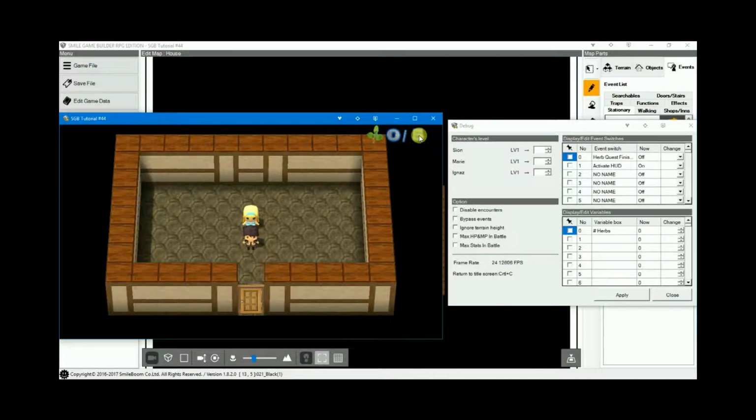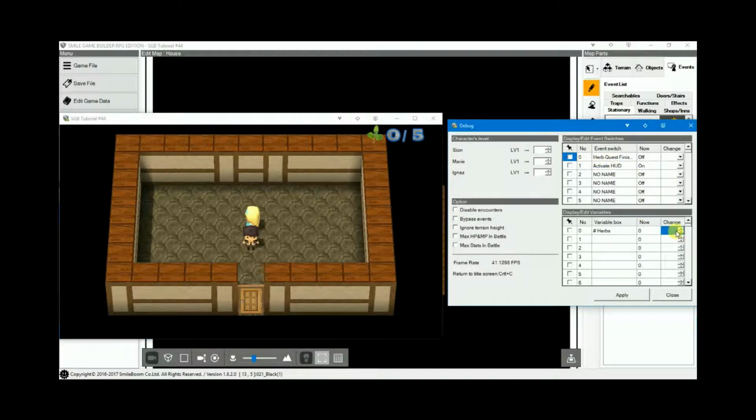So the HUD appears on the top right. Now with the beauty of debug, we can actually set the number of herbs, and then I hit apply, and it'll automatically update. So for the sake of continuity, let's hit 5 so you have the maximum. And again, through the magic of cheating, I already set up an image that gives the player all 5 herbs. So when we speak to her again,